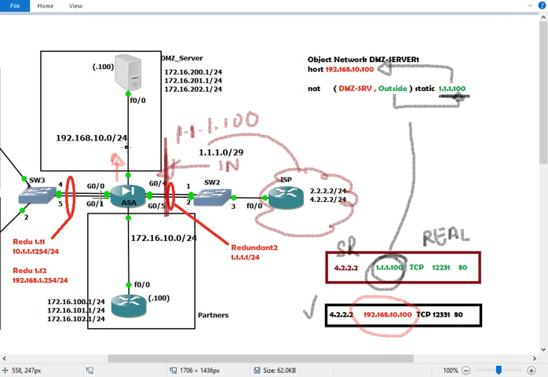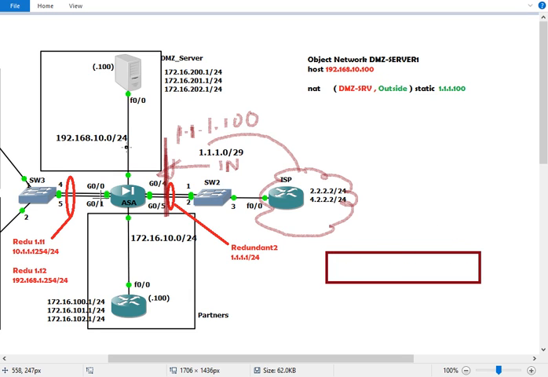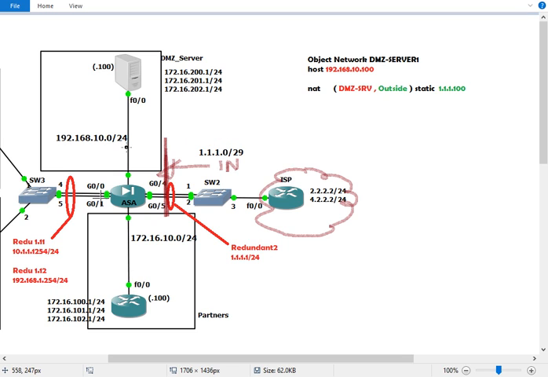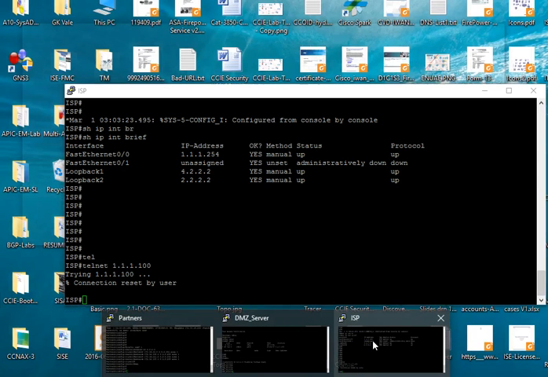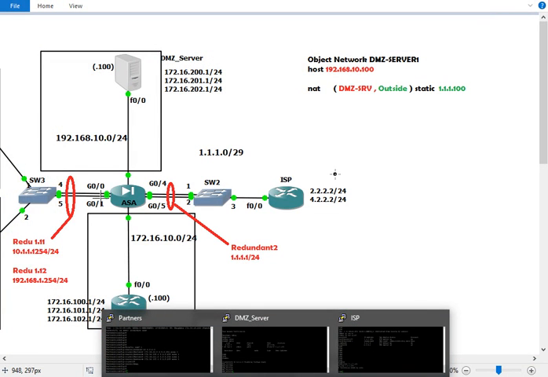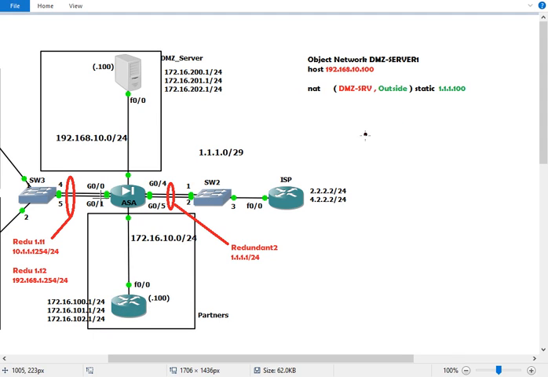So let's try. For this, what you have done, you have already given what? ACL. You have already put an ACL here at this point. We have applied ACL in direction of outside interface. Correct. Okay, so let's get back. Direction will be decided from where is the source, right? Obviously. So source is on internet, right? Okay, source is internet, so outside interface. This is private subnet. You have mapped it with a